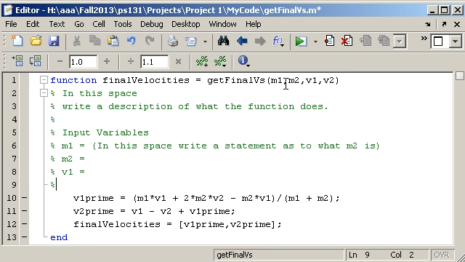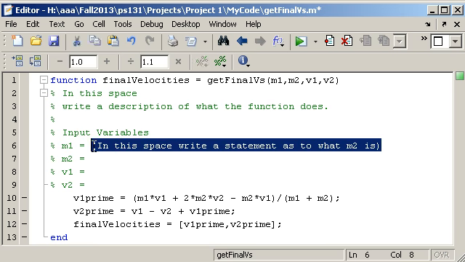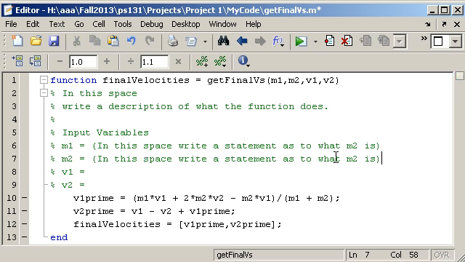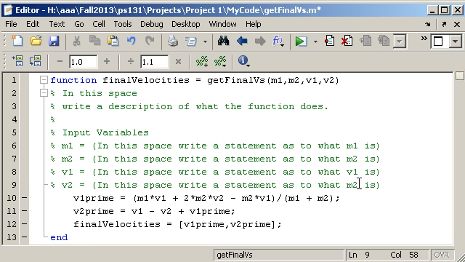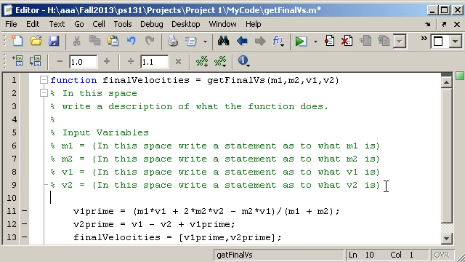And then %v2 equals, and of course here you would be writing not this statement, but a statement about what M2 is. Actually, the first one should have been M1. Then V1 and V2, and then